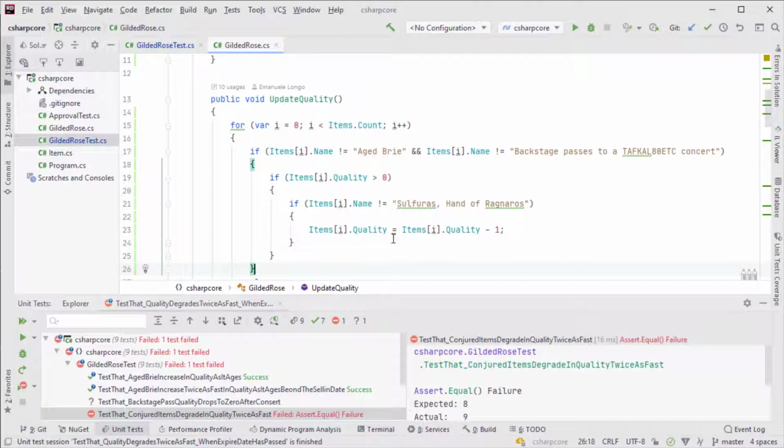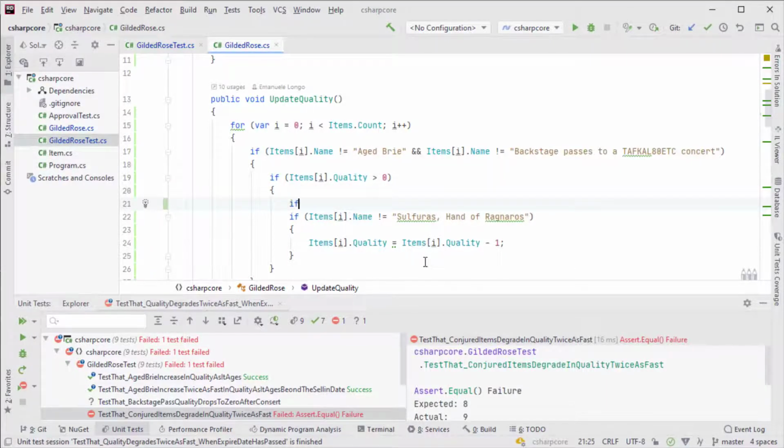So first of all, we need to find an insertion point to actually put in this new feature. So let's see, a conjured item is definitely not an aged brie and it's not a backstage pass. We expect the quality to be more than 0. And it's not Sulfuras, Hand of Ragnaros. So we'll put it here.